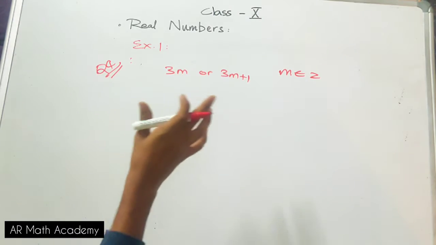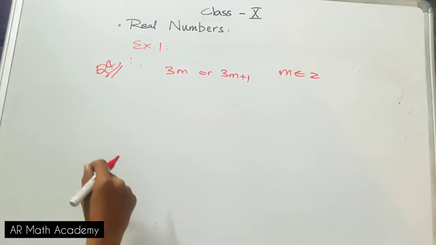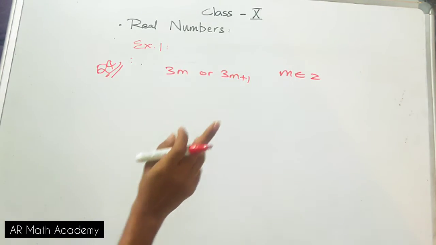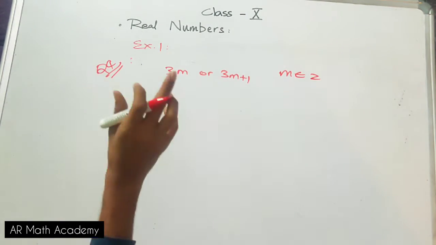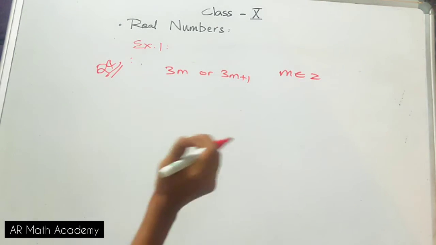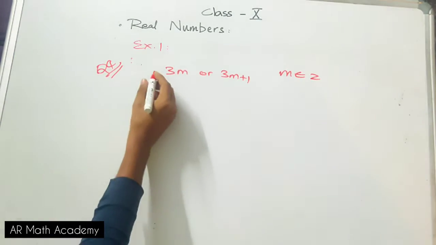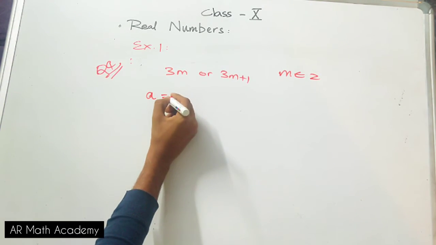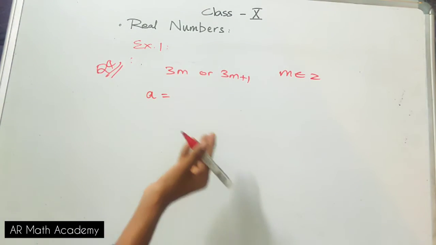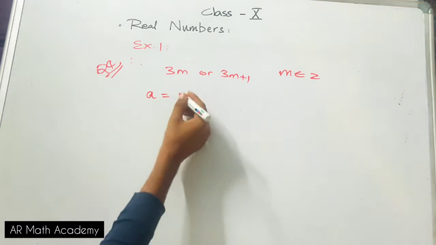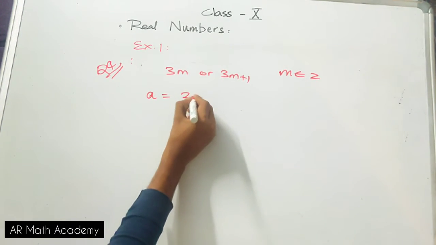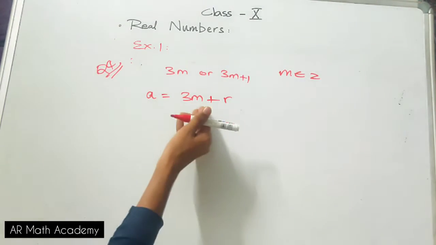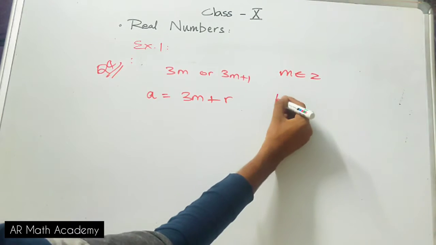We already tried proving the other question, question number 2, where we showed that any odd integer can be represented in the corresponding forms. Now exactly the same procedure, but with a different modification, will be done in the solution of this question. Let us start by taking any integer a equals bq plus r, the common equation of Euclid's division lemma, as you all know by now. So a equals 3m plus r, where instead of q I have written m, and instead of b I have written 3, so b equals 3.